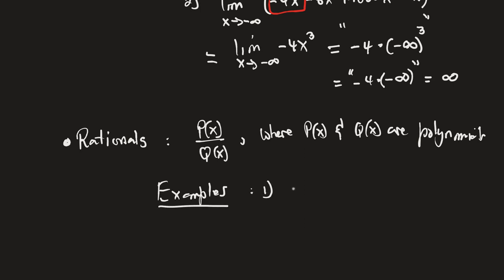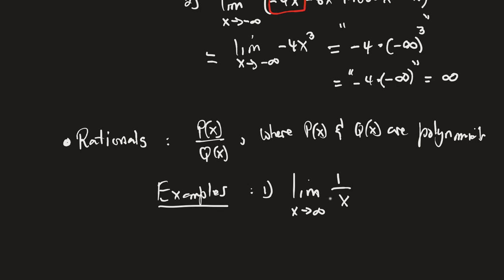And here, let's say I want to find the limit as x goes to infinity of 1 over x. This is a rational function. In the numerator, you have a constant polynomial, and in the denominator, you have the linear polynomial x. So this is rational, and then we have to ask ourselves,